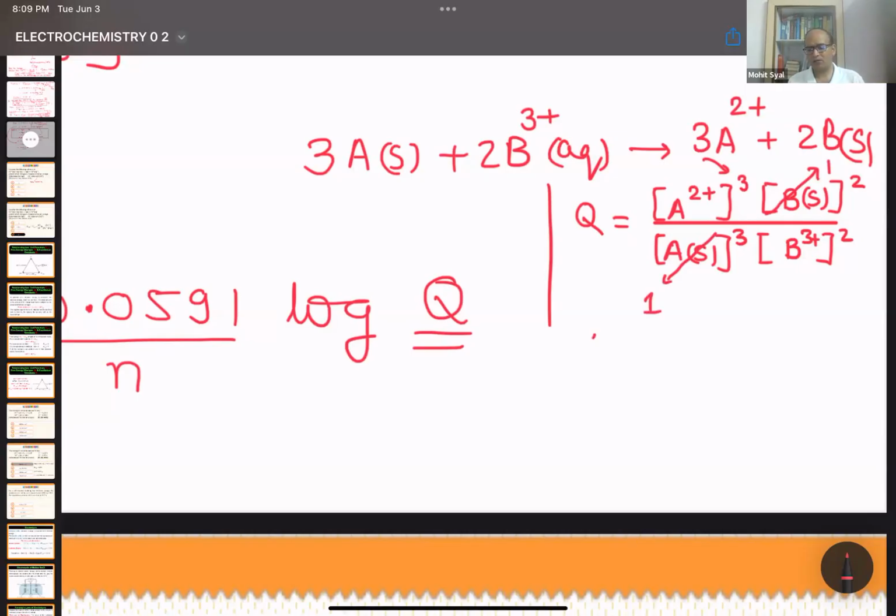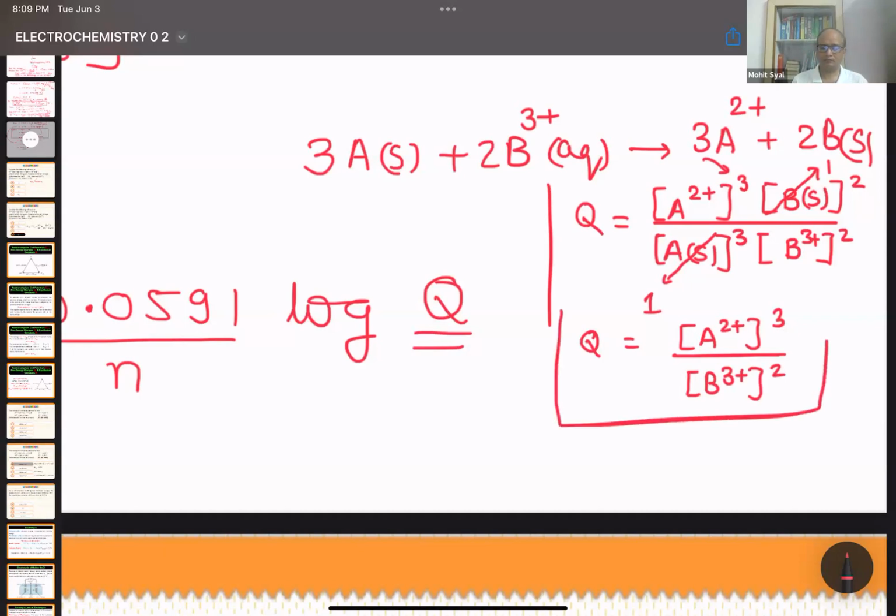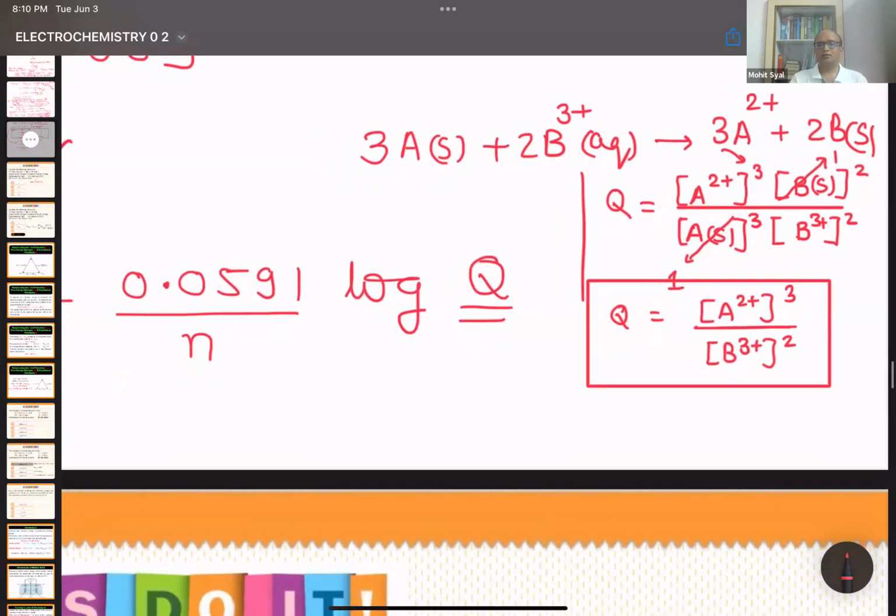Okay, so the reaction quotient is concentration of A divided by, means you just need to write the ions, concentration of B. Got it? Is it clear? Yes, sir. So this is the reaction quotient. Okay, Ibrahim,